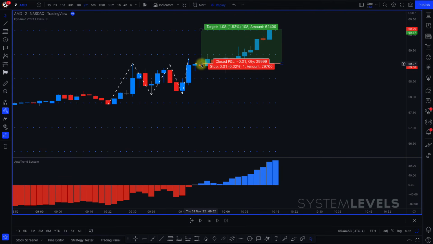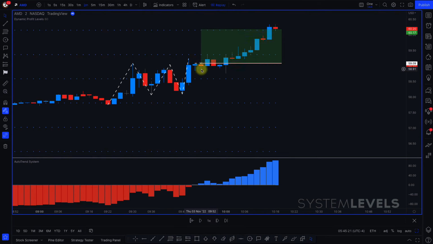I can no longer lose money on this trade. What I'm doing is essentially protecting my capital. Since price is agreeing with me, since the market is agreeing with me that it wants to go higher, right? It agrees with the AutoTrend system that it does want to go higher. Then at that point, I have sufficient information and sufficient movement for me to bring my stop loss